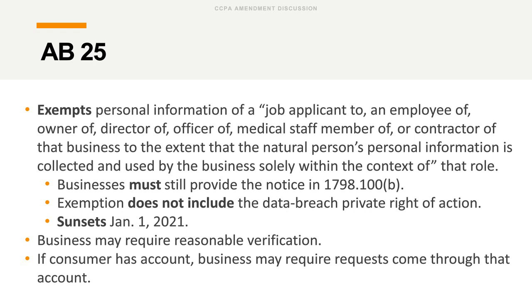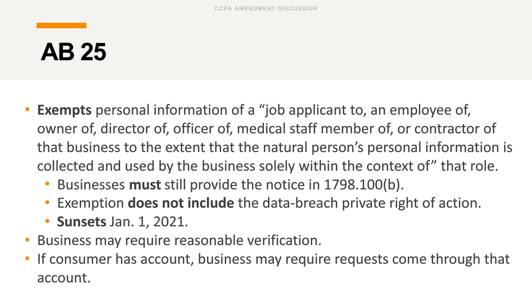We didn't have the space on this slide to cover it, but there's also similar exemptions when you're talking about emergency contact information or administering benefits. So it's employee information, it's emergency contact information, it's administering benefits. So when you're collecting that information in those specific contexts, there's going to be an exemption from the CCPA generally,